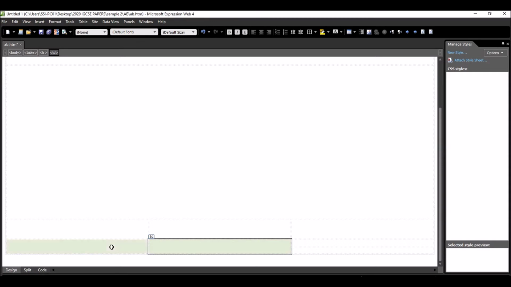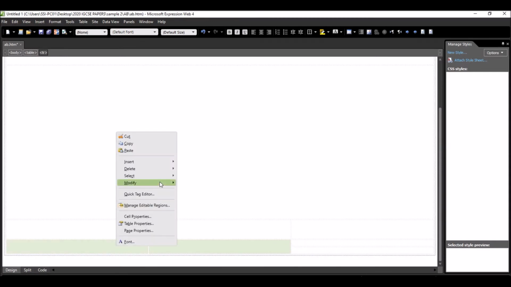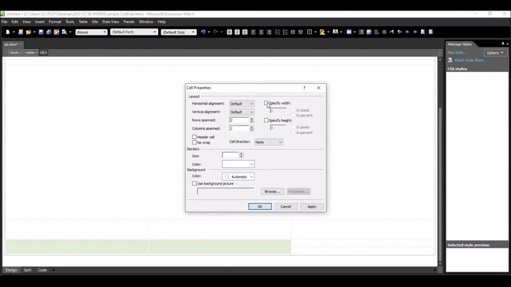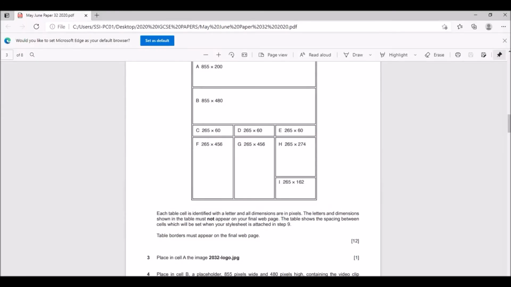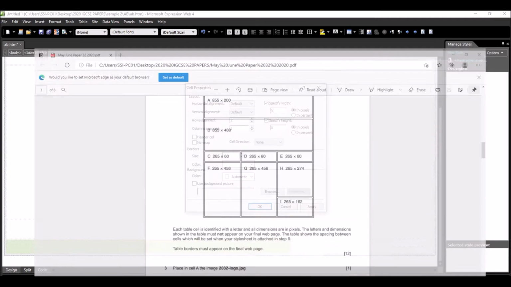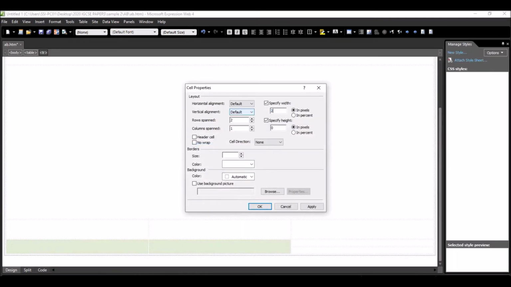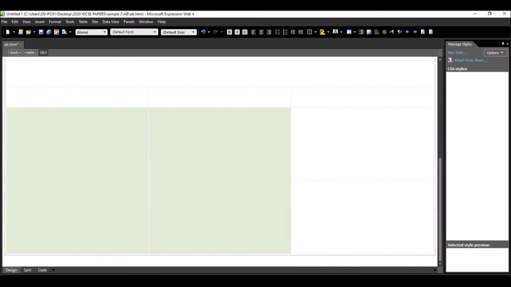Merge, and the size, both of them have the same size. Cell property, what is it? Let me go back to the equation. 265, 456. You press OK, and the last one